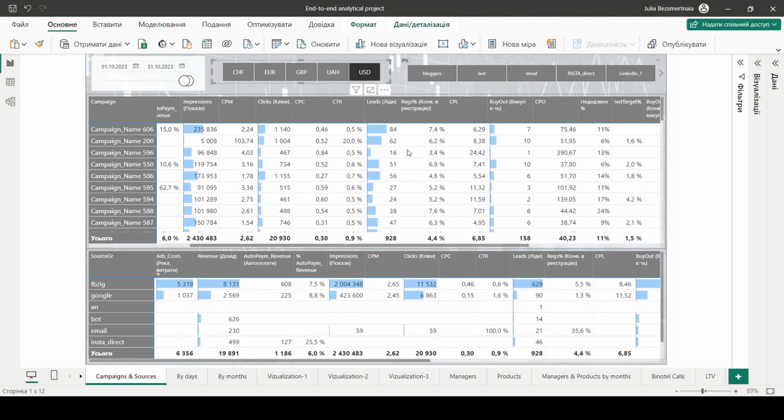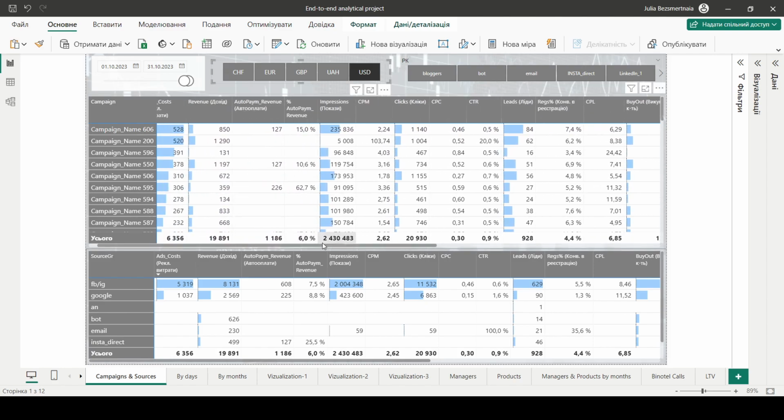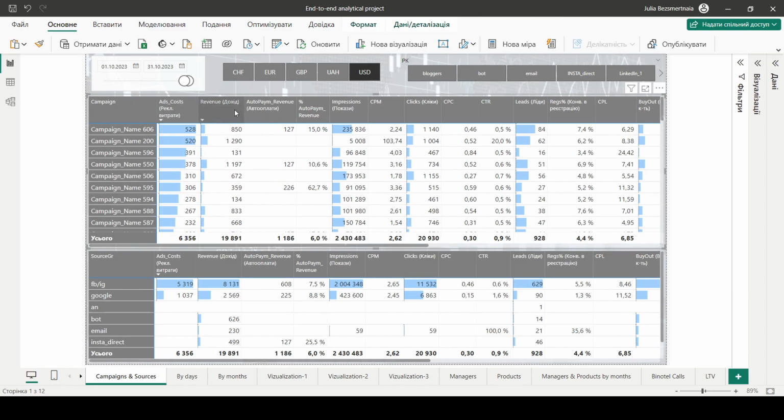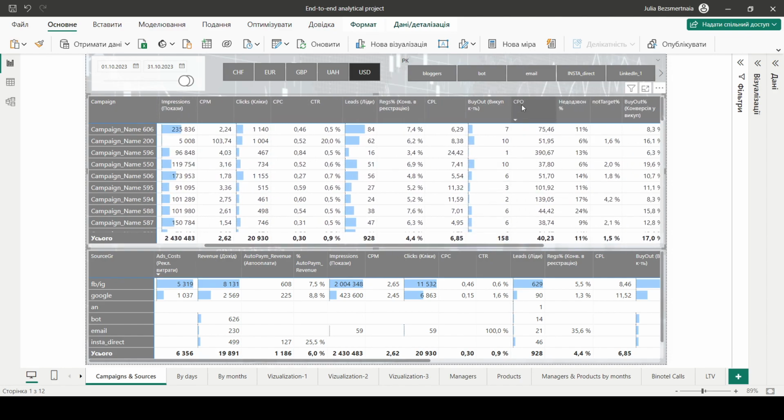Indicators in the report. As I said before: ad costs, revenue, impressions, cost per impression (CPM), clicks and CPC, cost per click, and CTR, as well as conversion to registration, click-through rate and registrations conversion, CPL, cost per lead, CPO as cost per buyout order,